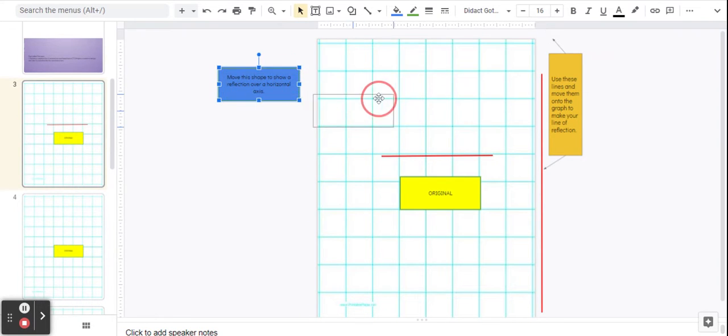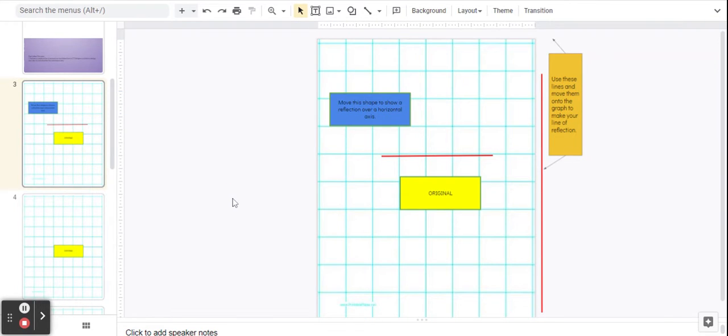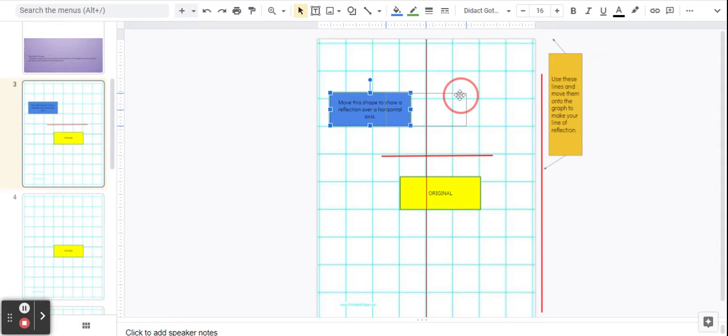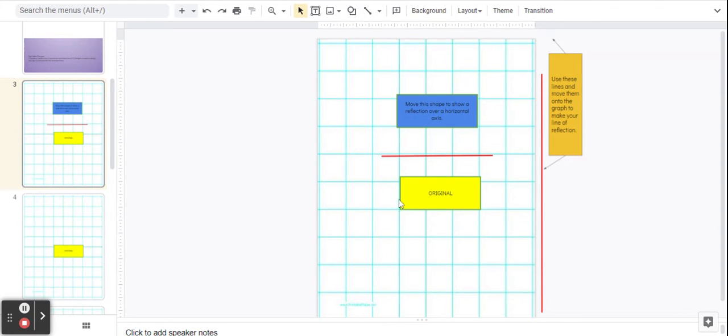So again, I'm going to click and drag, and I'm going to move that shape around to where I think it needs to become a mirrored image of the original shape. Now, if I was to leave that shape there, grade 5, that doesn't become a mirror image of my original shape. So what I need to do is center this blue shape. Now, as I drag over, I'm going to watch for a line right there. There it is, that red line